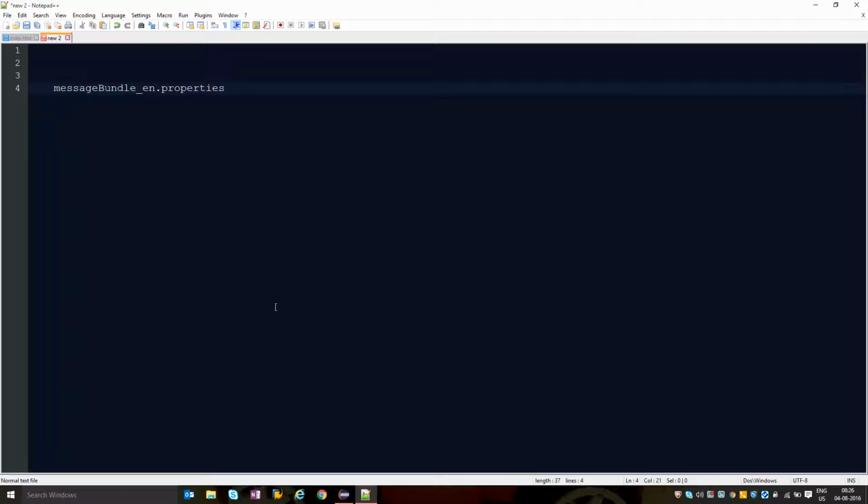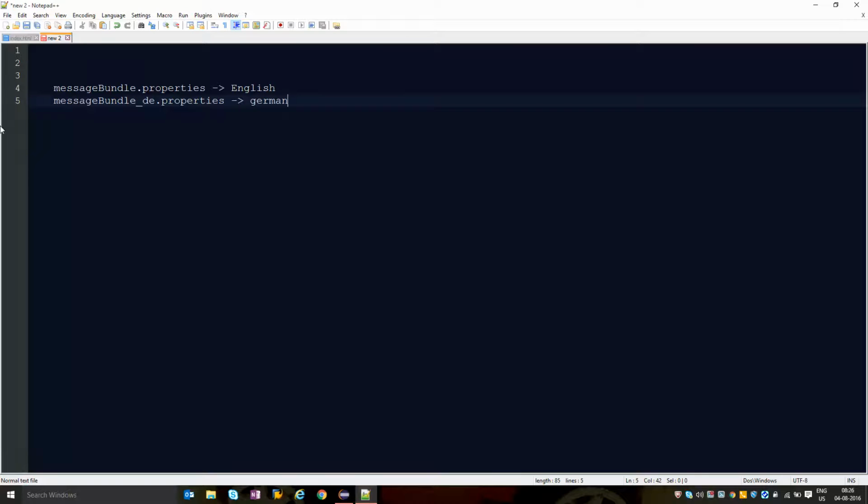And how the system works is that it will take the base file name and append the language code to it. For example, I have this message bundle.properties in which I have created the text in English. Then I have message bundle underscore de.properties in which I have created the text in German.